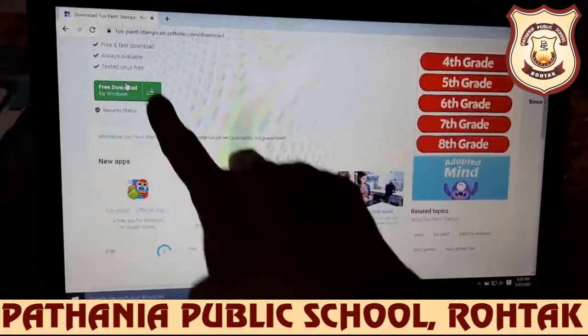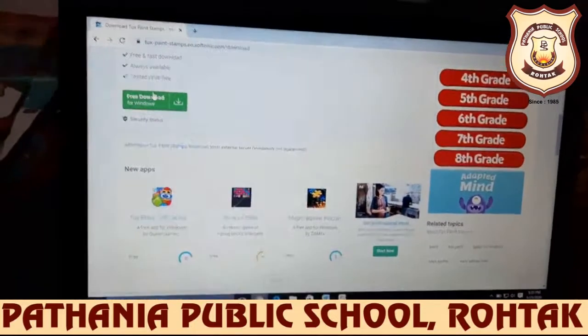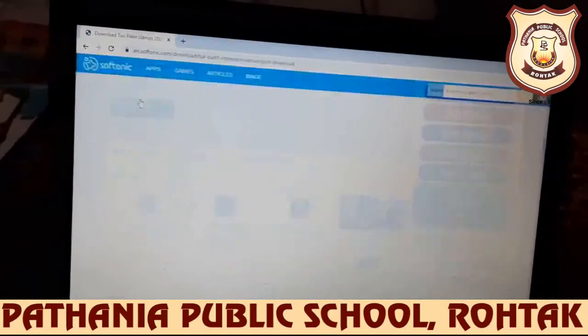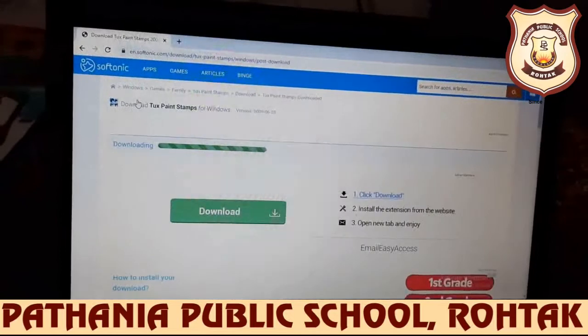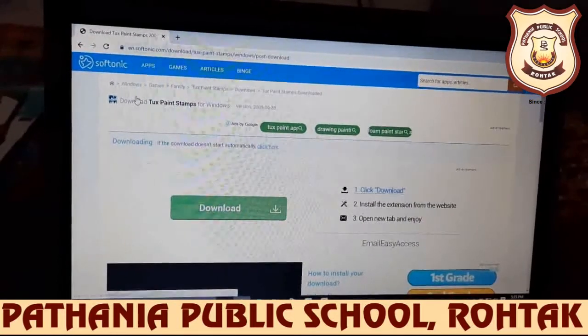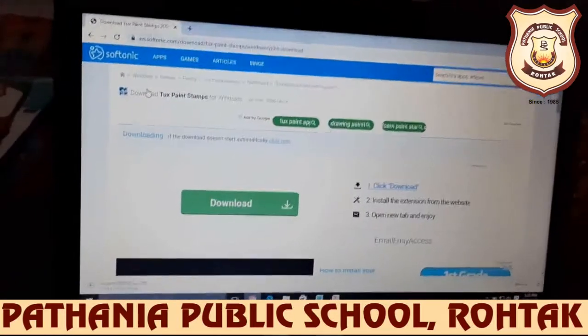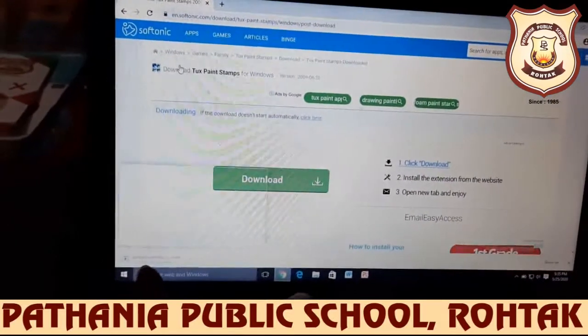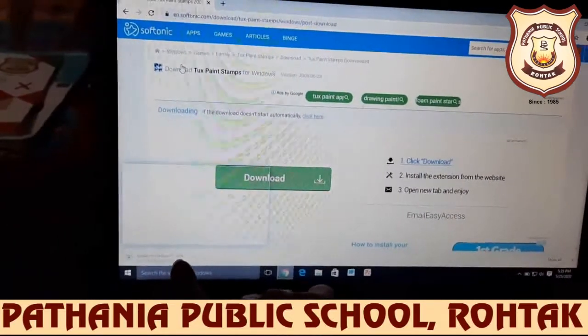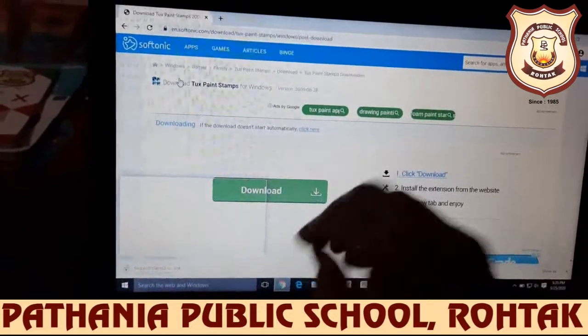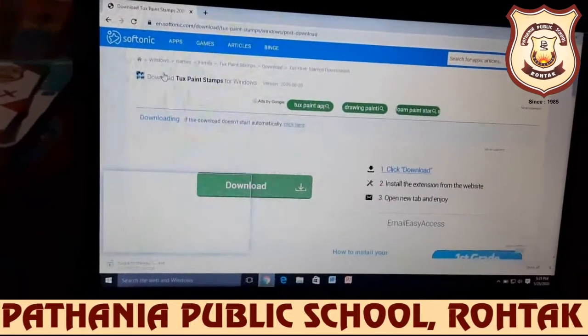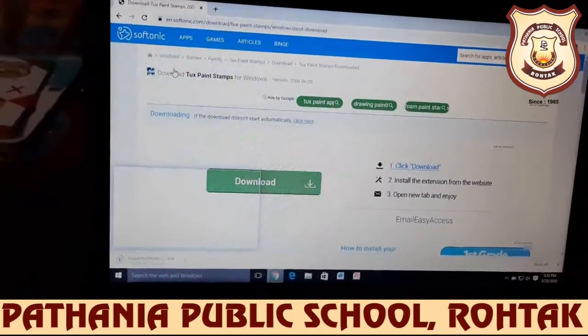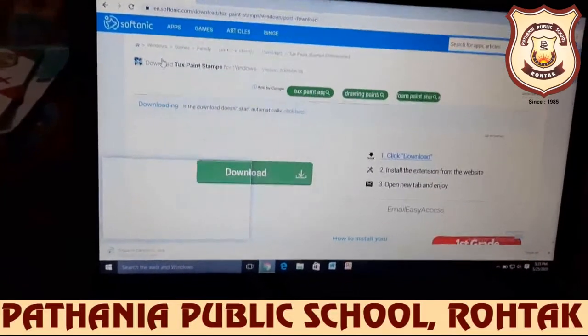Now again you have to just scroll down and you will get the option here and click on it. See, now our downloading is started here. Okay, so once this download completes, we'll install the stamps also. Till then we have to wait.